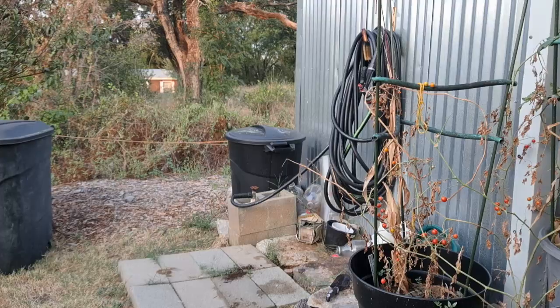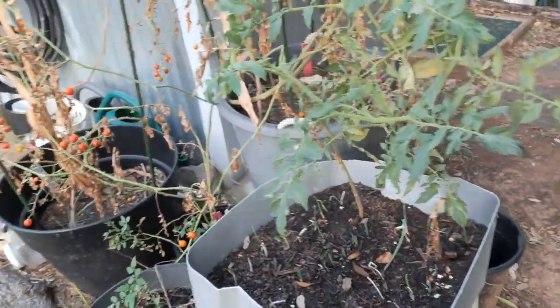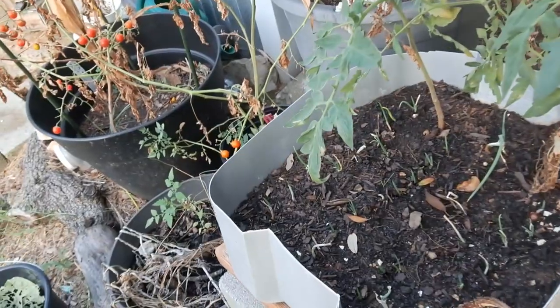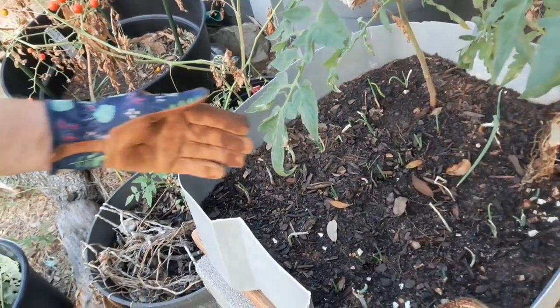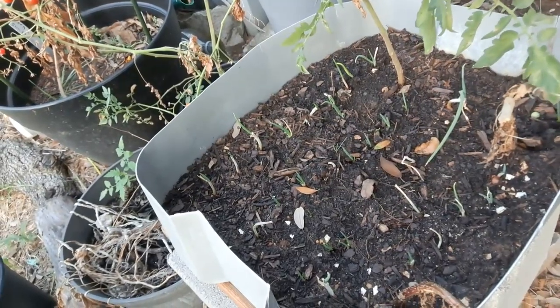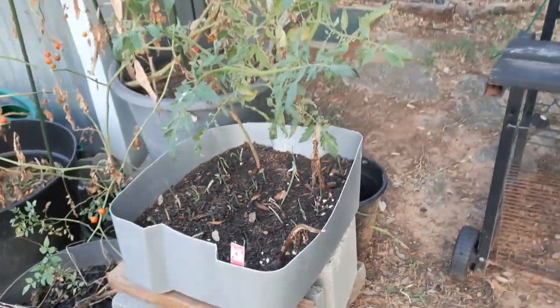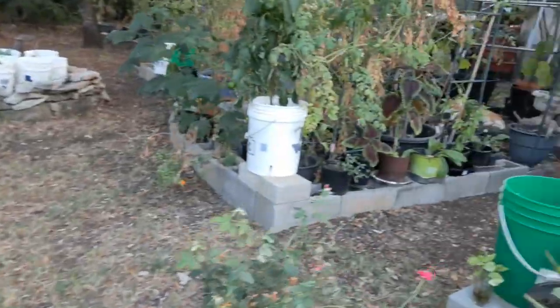And I wanted to show you something else. I planted walking onions right there. And you can see most of them are already up an inch or so high, a couple of inches high. My neighbor gave me